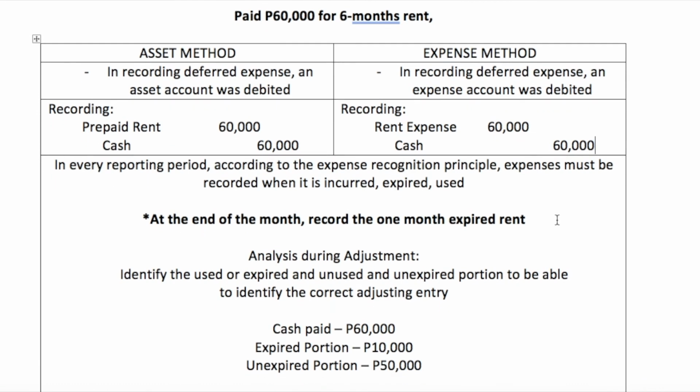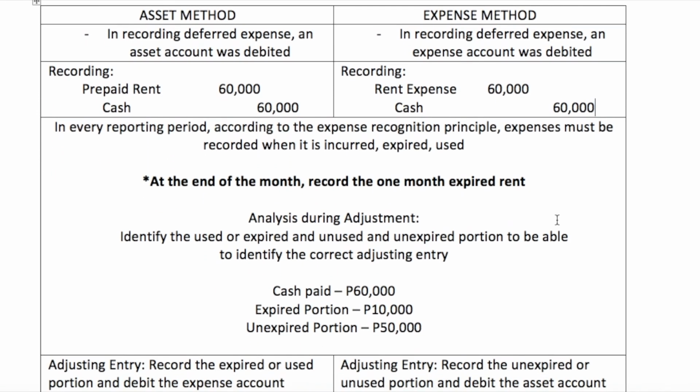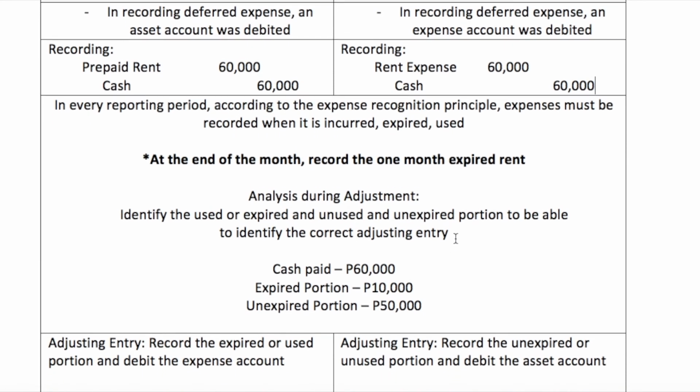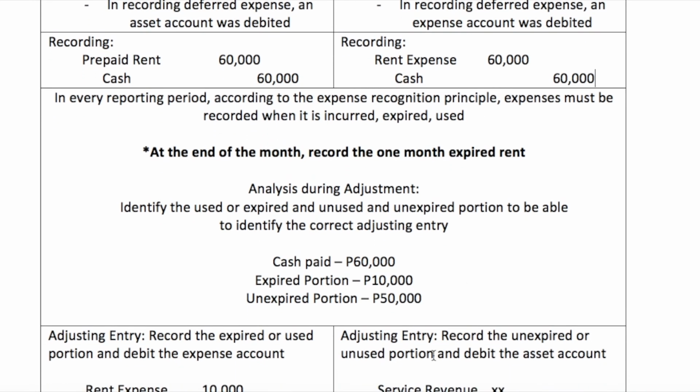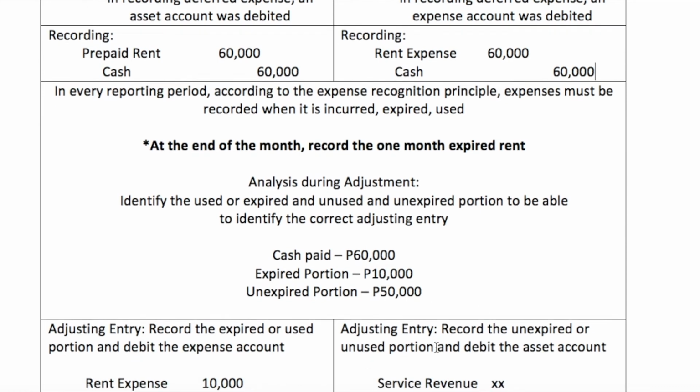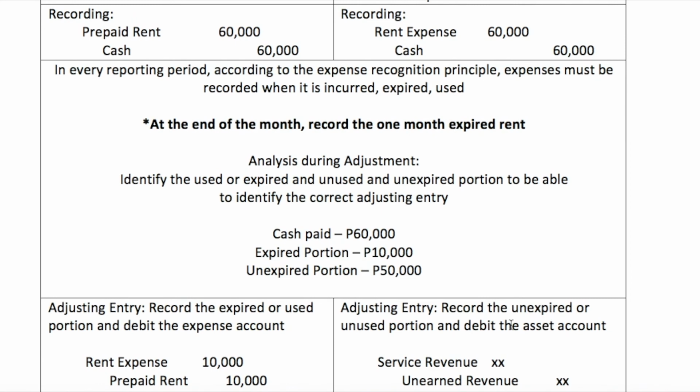The same thing when we do adjustments: identify the expired and the unexpired portion. And if that is the expense method, remember this one, what you will record is the unexpired or unused portion and debit the asset account, which is prepaid rent,